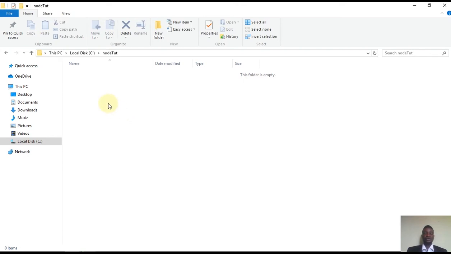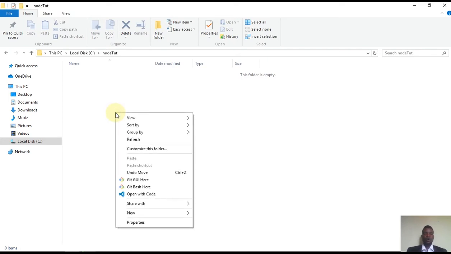The next thing we have to do now is to create our project. To do this, you go to whatever directory you have, where you want to have your project, and you create a new folder and give it a name. I've just created a folder here called Node Charts, and in this folder we're going to have our project. As you can see, the folder is still blank, so what we have to first do now is to initialize